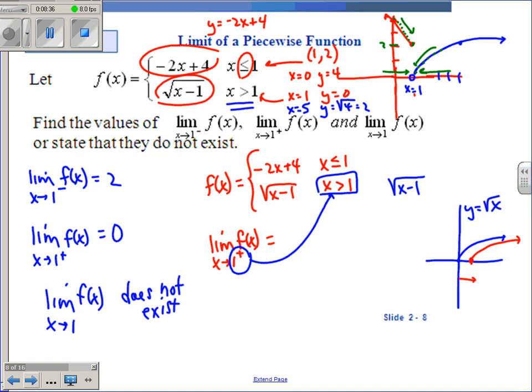F of x is the square root of x minus 1. That's how I would get the y values. So put in the 1 into that one, and I come up with 0. So then if I'm looking for the limit